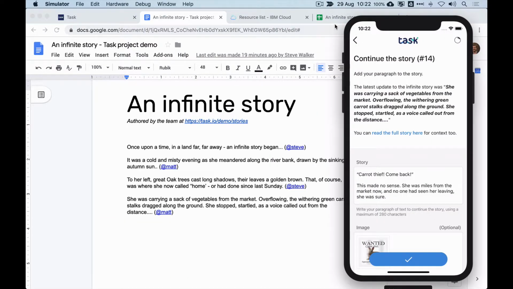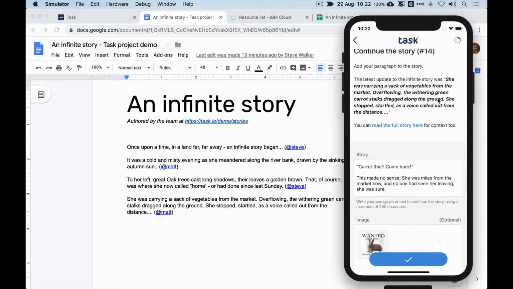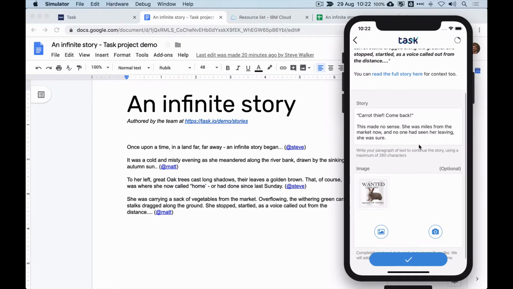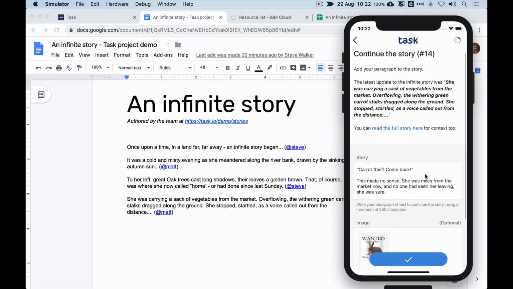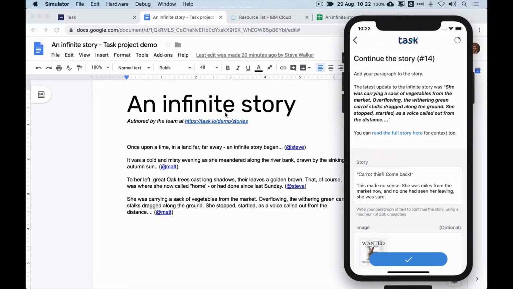Okay, welcome back. I have added, you can see the previous update to the story was that she was carrying a sack of vegetables from the market. And so I put an update in, which I'm not going to read out, but anyway, this is my update. And also I decided to add an optional image because we don't have to, but people can upload images if they'd like. So here you can see my Google Doc here, and when I click this